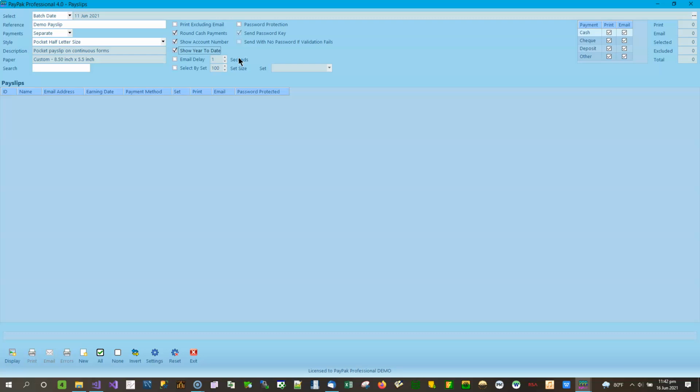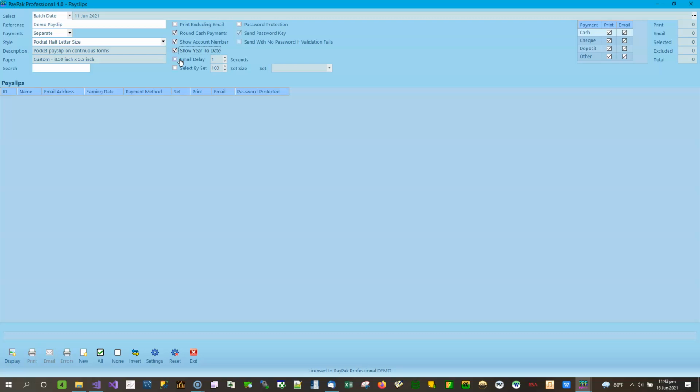Then it creates a PDF file for that information, and then it creates the email and attaches the PDF file to the email. Additionally, if you are using the password protection feature, you will have a little bit more processing to be done. So it takes a little longer, and what we found happened with customers who had a large number of employees,